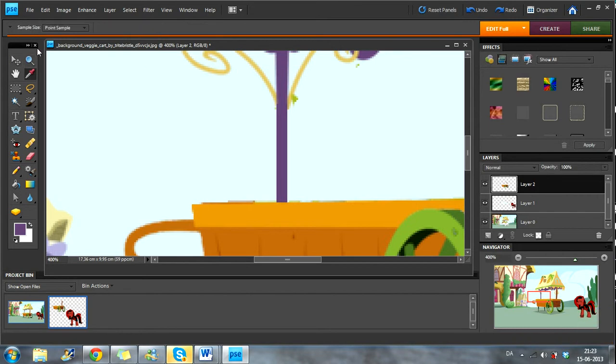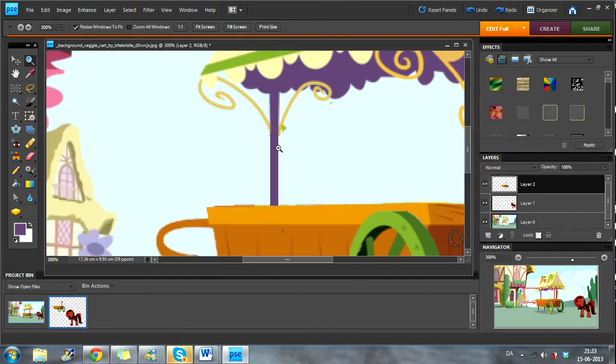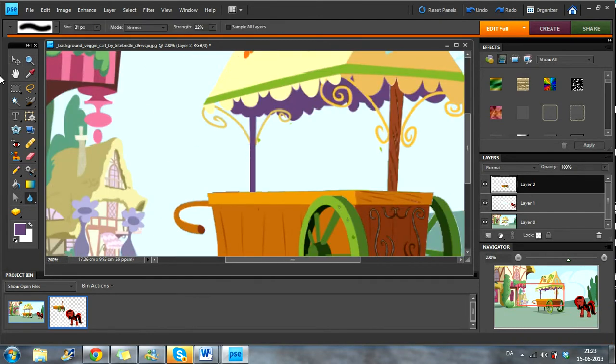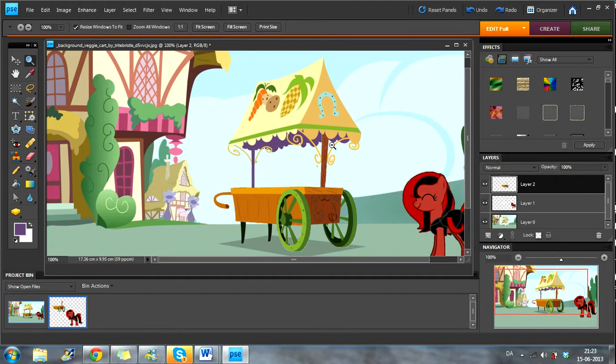Okay. After you've done that, you can probably select this watermark tool, blur tool, and blur it, because then it looks more natural. I did a terrible job of that, but it doesn't matter. And now you have,